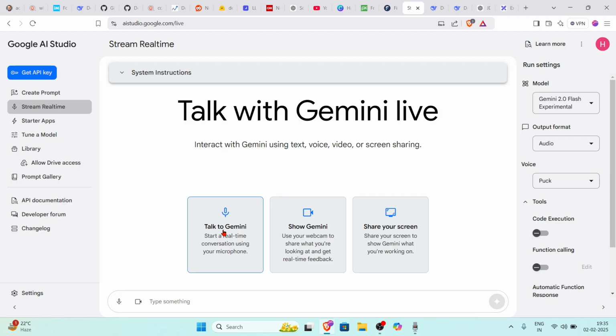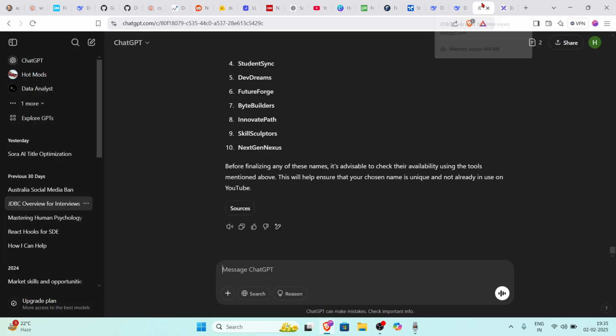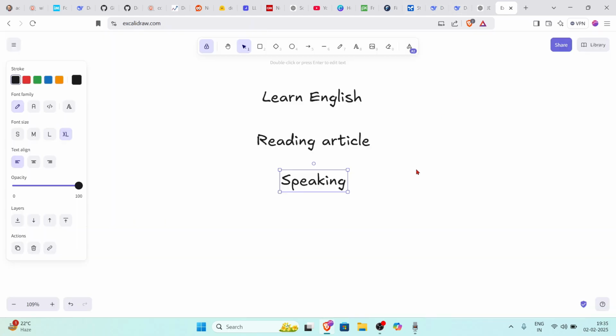Listening, speaking, writing, and reading, these four things make your English perfect. So if you focus on it and give it some time, the more time you give it, the more fluent you will be.